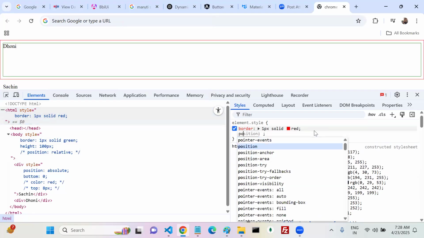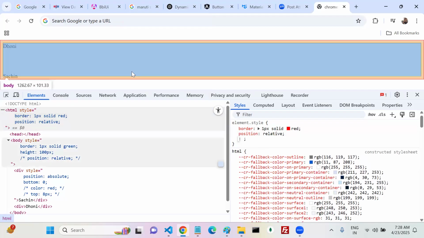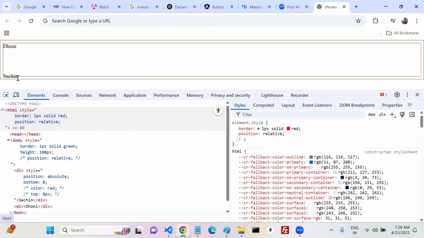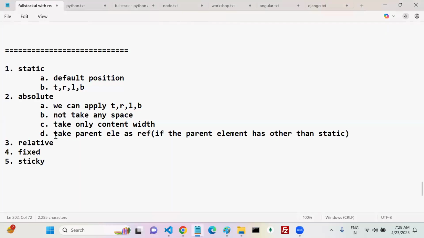Okay, can I write position relative for this particular HTML? Now does it take HTML as a reference or not? Yes or no? Okay, the point is that it takes the parent element as a reference